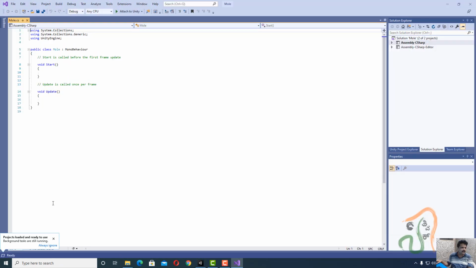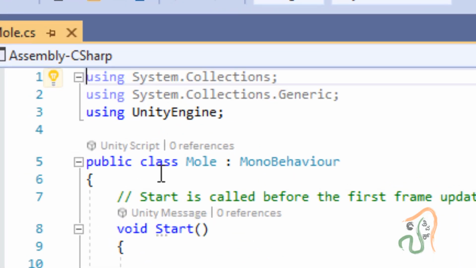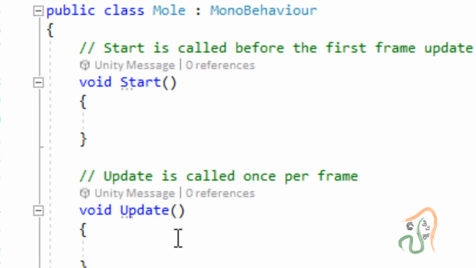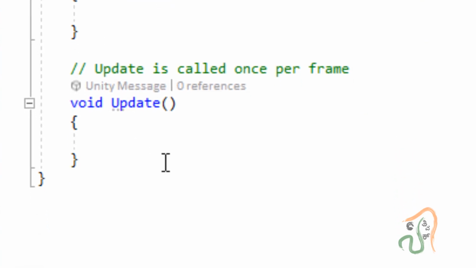So here in Visual Studio, once it opens, we have here public class mole, and then we have one start and update method which opens by default. We are now going to create a new method here.